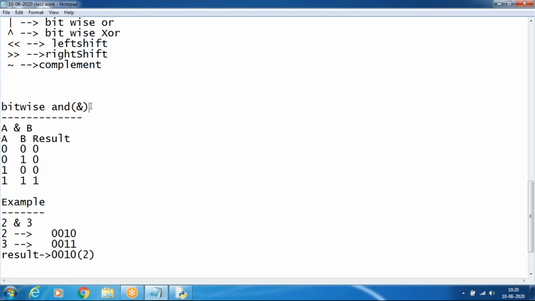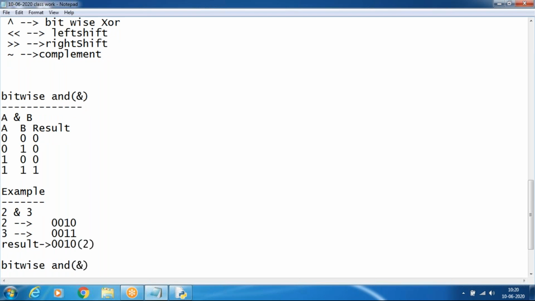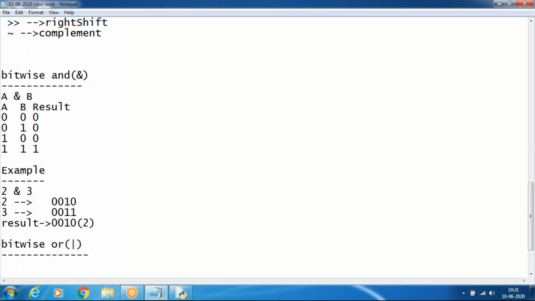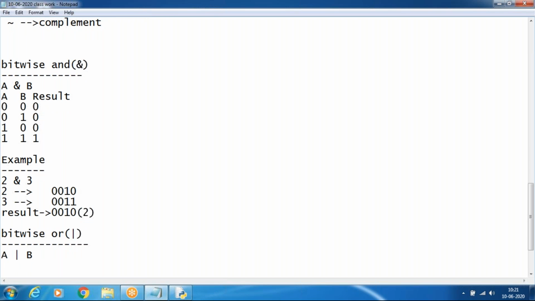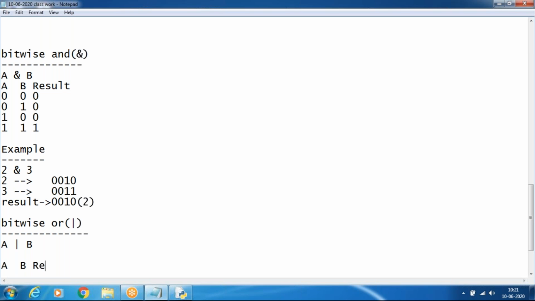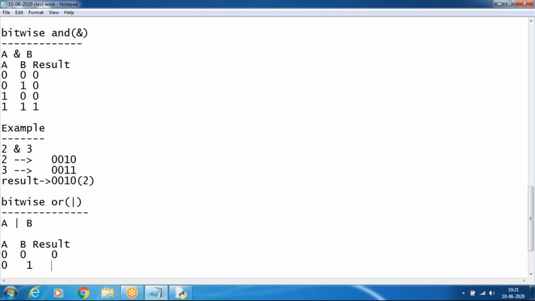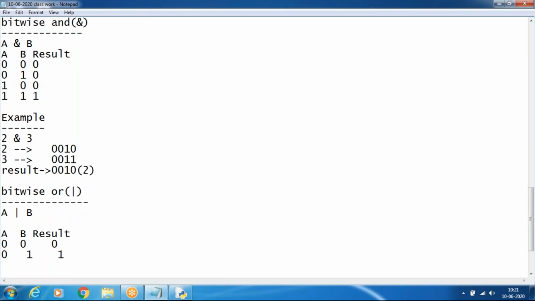And next we will see the bitwise OR operator. The rules of the bitwise OR operator: A or B, the values of A, B and result. 0 0, the result will be 0. 0 1, the result will be 1. 1 0, the result will be 1.